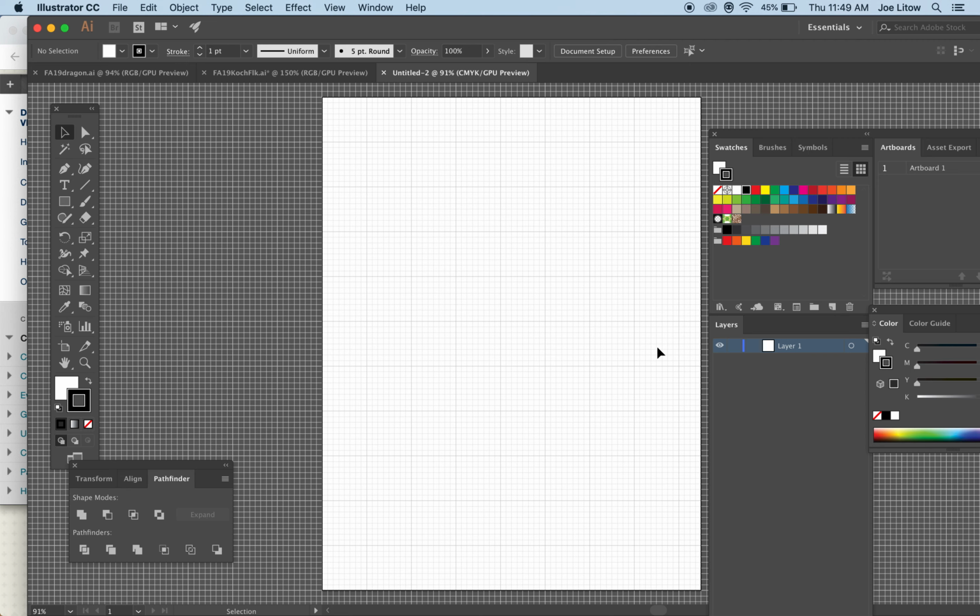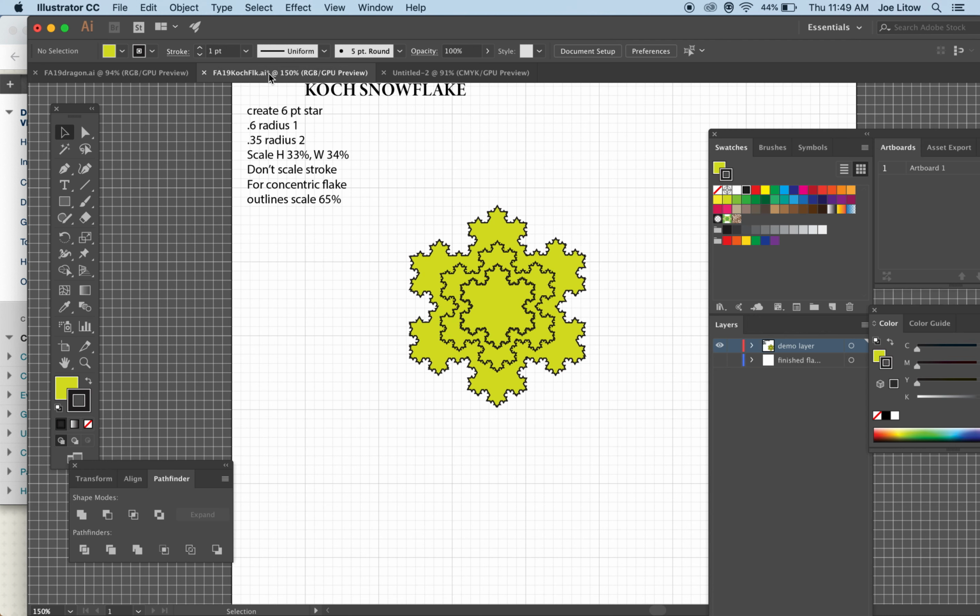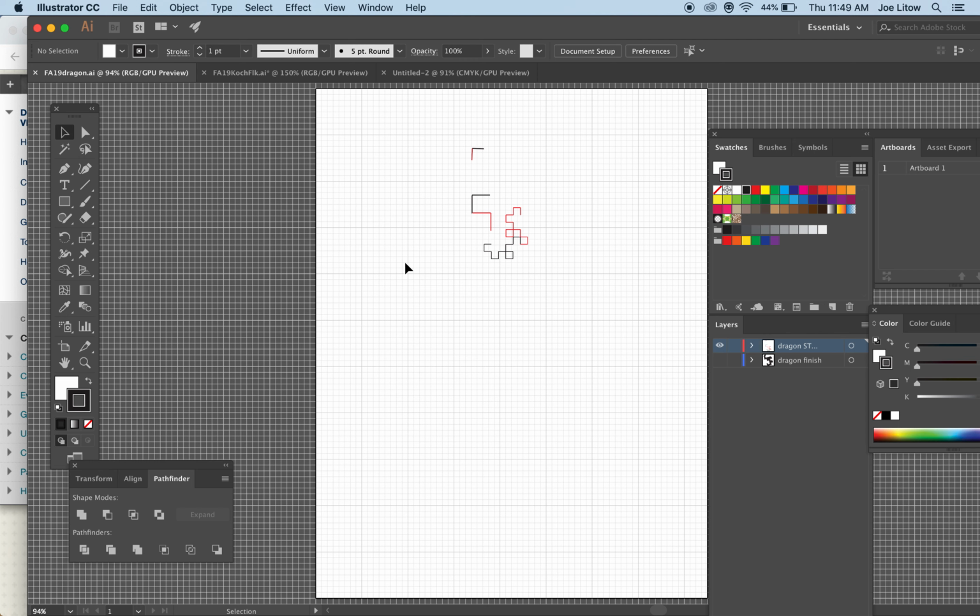We're now going to start the dragon, and I will bring up one that I have already started, and with this one we'll go through several steps, and then you will be responsible for completing your own fractal. I have given you examples of them in Blackboard. All right, so here's the one, that's the wrong one, and dragon, here we go. All right, now the first thing with this tutorial,